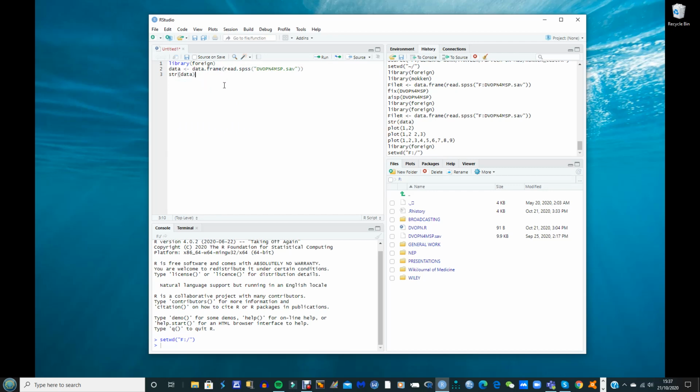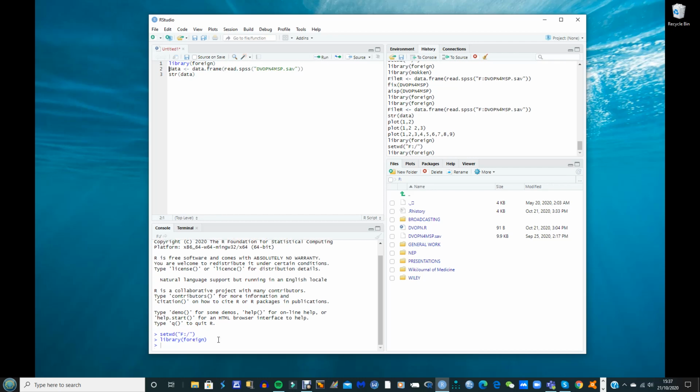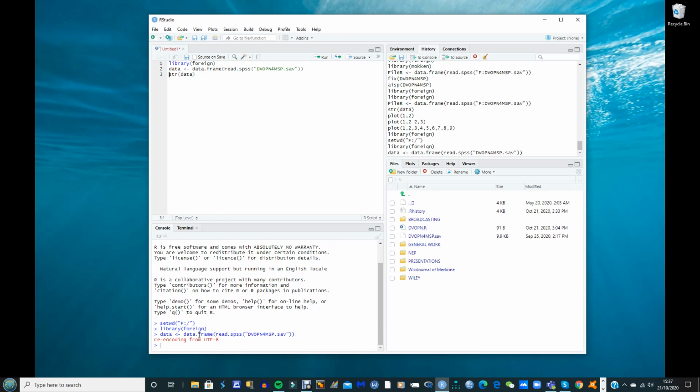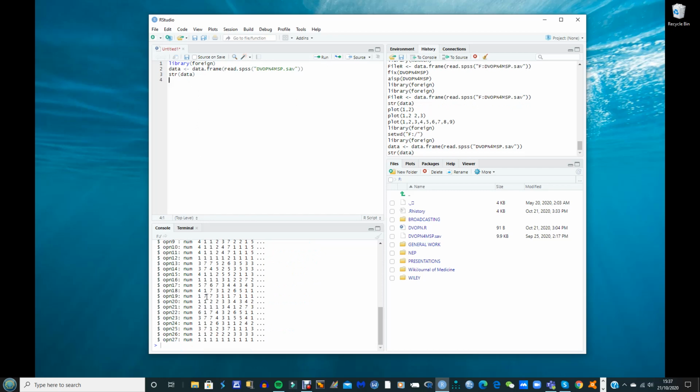But what I want to do is mainly use this as an example to show you how to save an R file. Then to run it, you just hover anywhere over library foreign and run, and that loads the library foreign into the console. Then hover over that, click anywhere on that and run that, and it's converted the data. You always get this sort of red error message here, just ignore that. Then I want to check the data are actually there, and they are there, so that's good.